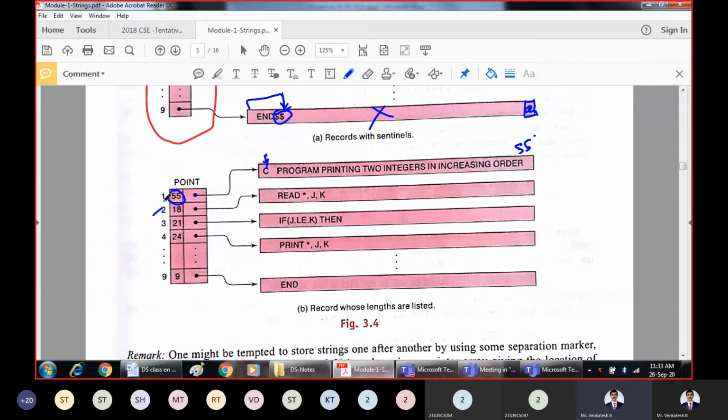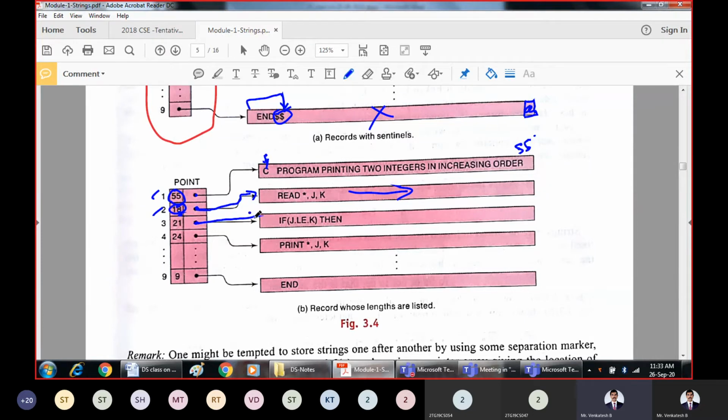And the second entry is the pointer for the second record, and I should read 18 characters. That is, only the first 18 columns you read. Don't read the remaining part, because in the remaining part there is no useful information. The useful information is only present in the first 18 columns.